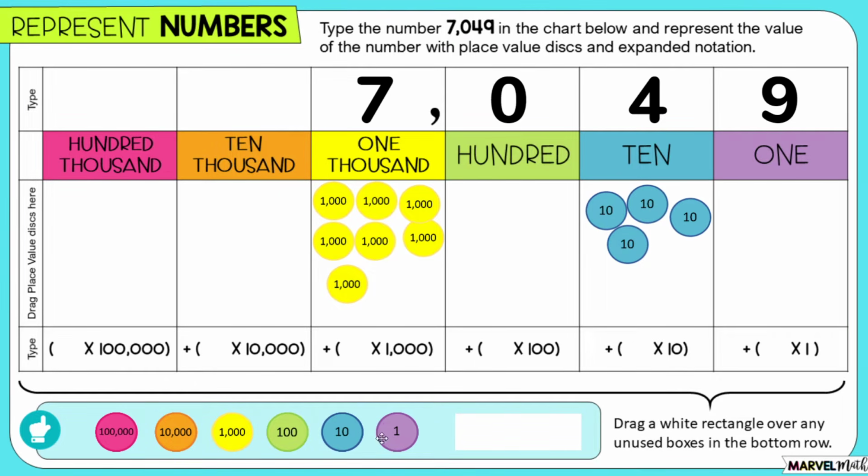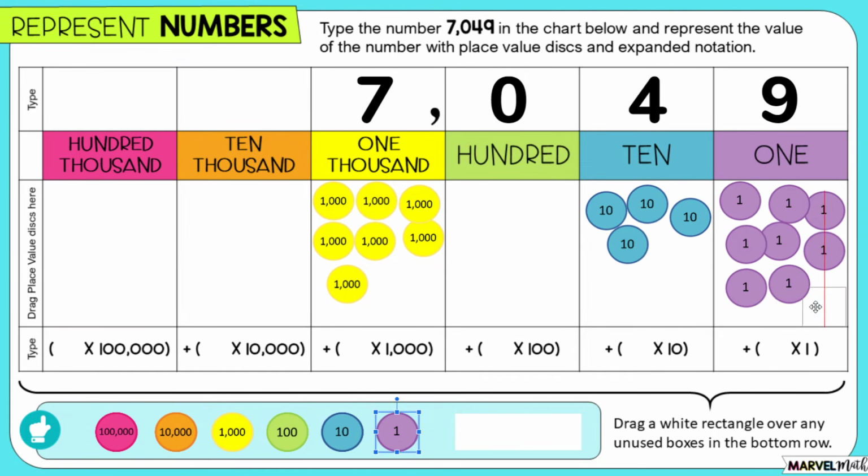And we have 9 ones. So I'm going to move over 9 of my 1 discs to represent that number. And of course it's okay if they overlap. We need 3 more. All right, so now we've represented everything with our place value discs, and now it's time for us to type